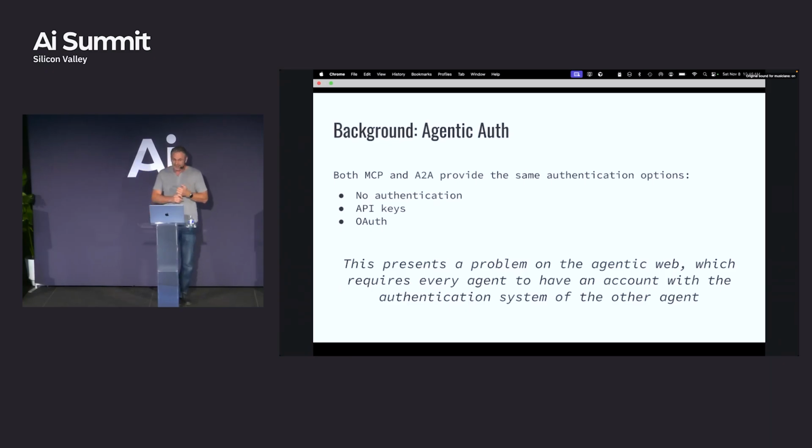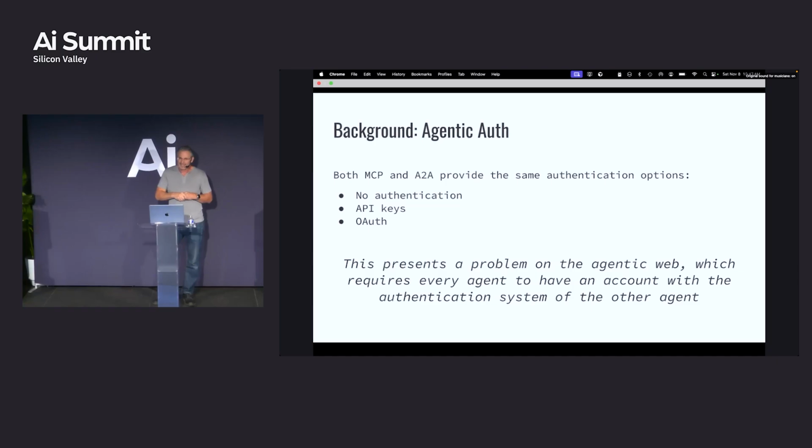So agentic auth is interesting. And agentic auth is both A2A, MCP, and any other protocols you want to do. And the way they've solved these problems right now is they've solved it for individual developers. If you're firing up an agent orchestration framework, you have your hands on the keyboard, and there's certain services you might be running on your laptop. There's no auth for that at all. There's certain services on the internet, and it's totally fine as a developer to go to OpenAI and get a developer key and drop that into your orchestration framework.